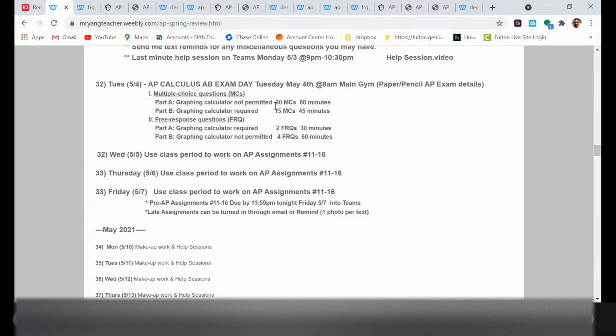And also, just because you don't feel good about every problem that you're able to get through, you don't have to get all 30 problems right to earn a good score. Okay, you're on pace to earning a 4 or 5 if you can get 15 to 20 correct. So if you feel good about 15 to 20 of your multiple choice, you're on pace to still earn a 4 or 5 on the AP exam, and even less if you want to earn a 3.